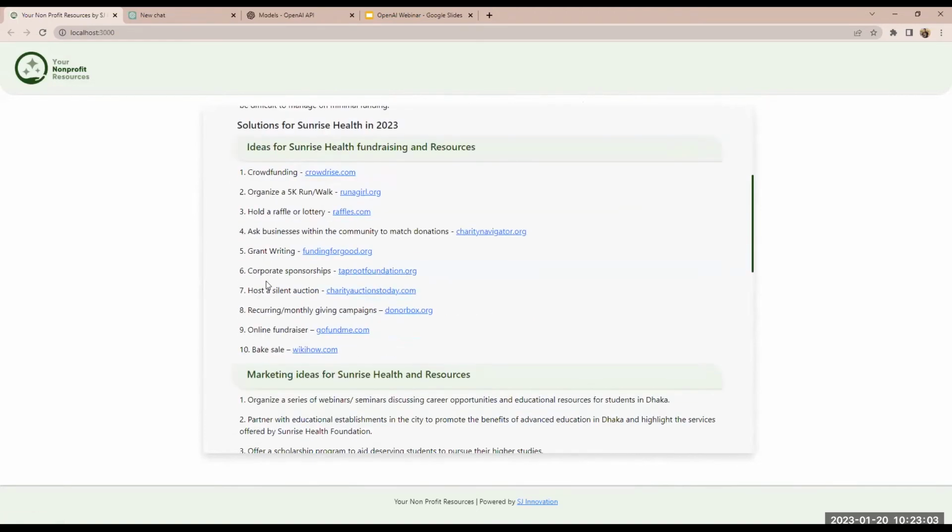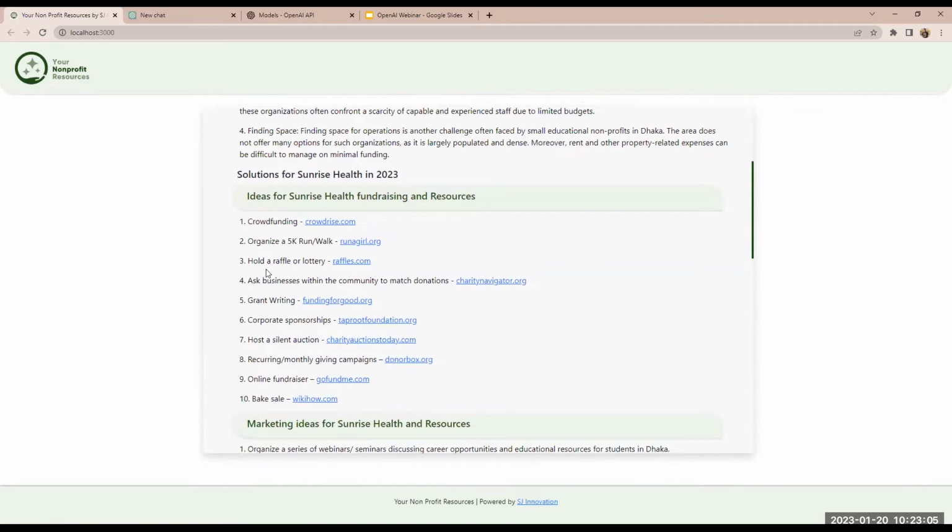If you want to investigate a particular lead or get some ideas on how you can help an organization, suppose you have thousands of organization leads in your contacts, you have to research for everyone, and that's a pretty big hassle and very time consuming. So if we create it like this, then we can generate the solutions easily through APIs.